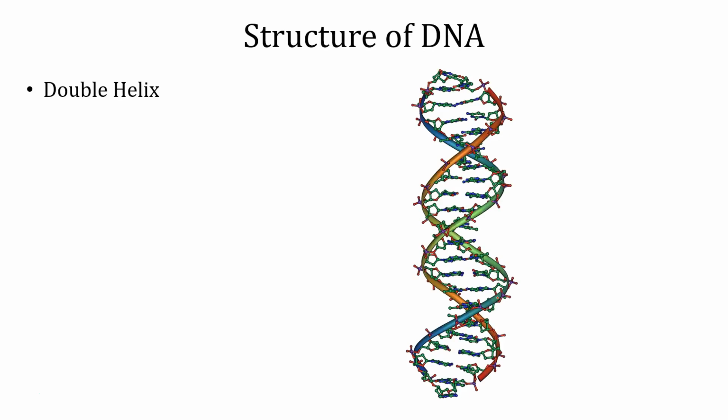DNA is this shape we call the double helix. And to understand a double helix, imagine kind of a ladder. A ladder's got 2 supports to it, and then there's a bunch of rungs in the middle. Well, the rungs in the middle, if we're talking about DNA, this is where we find the purines and the pyrimidines, the nitrogenous bases. And so you might have one that would be like